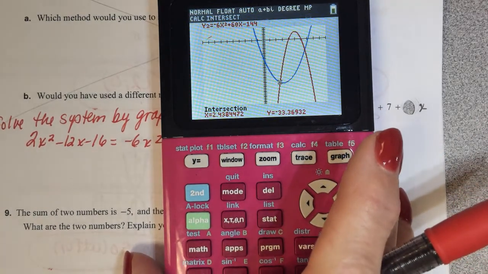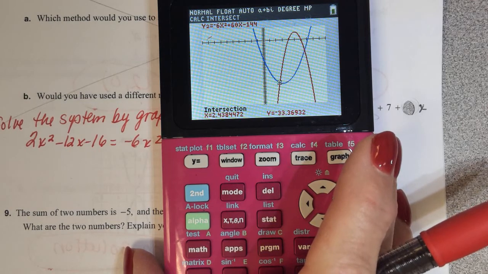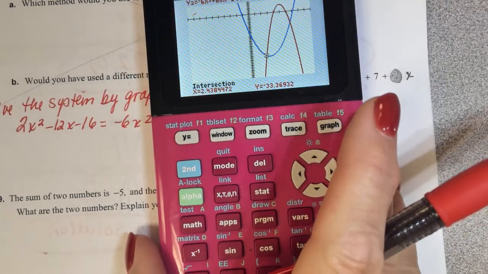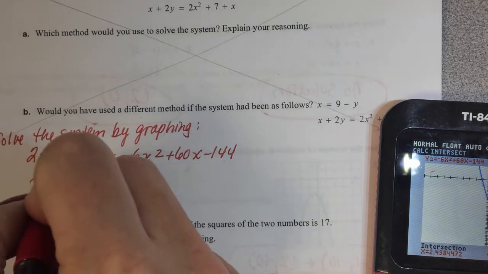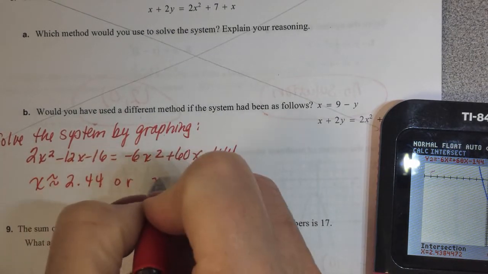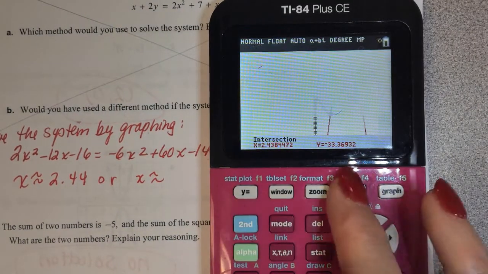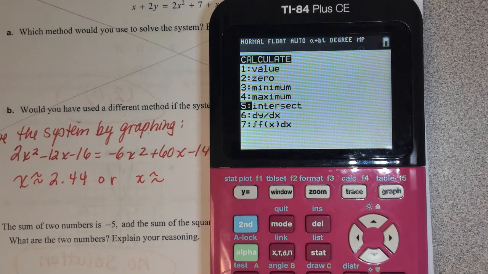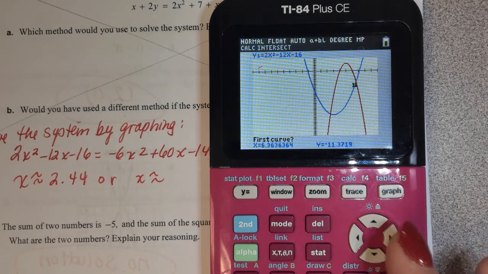And I'm just going to round this. They're going to have us round to the nearest, let me see what they have us round to. Nearest 100. What is this answer, rounded to the nearest 100? 2.44 is one of my solutions, approximately, or x is approximately, find the other one. Get over there close, enter,